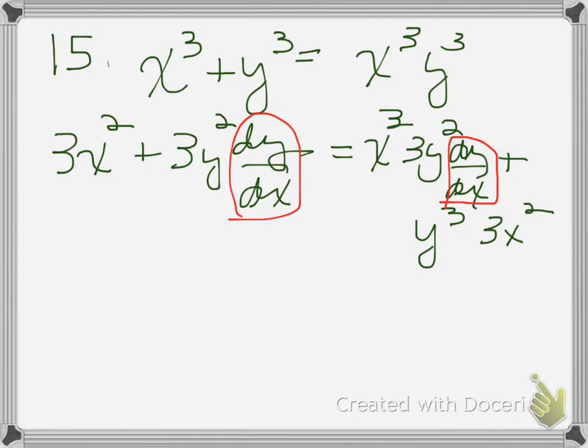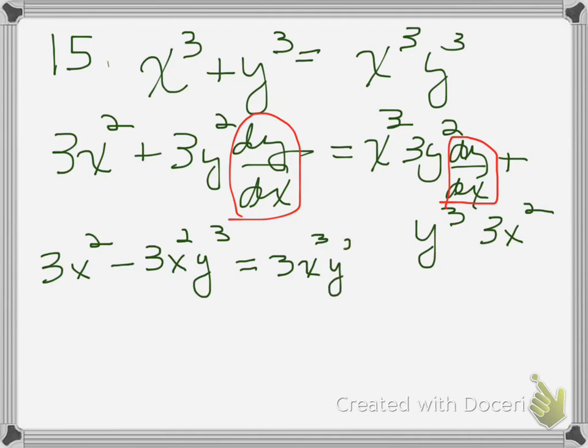Okay, now everything is addition and subtraction, which is good, because we've taken care of the multiplication up above in the product rule. So let's move our terms around. I think I'll just move them this way. So I have 3x squared minus 3x squared y cubed equals. Now I'm going to change the order. 3x cubed y squared